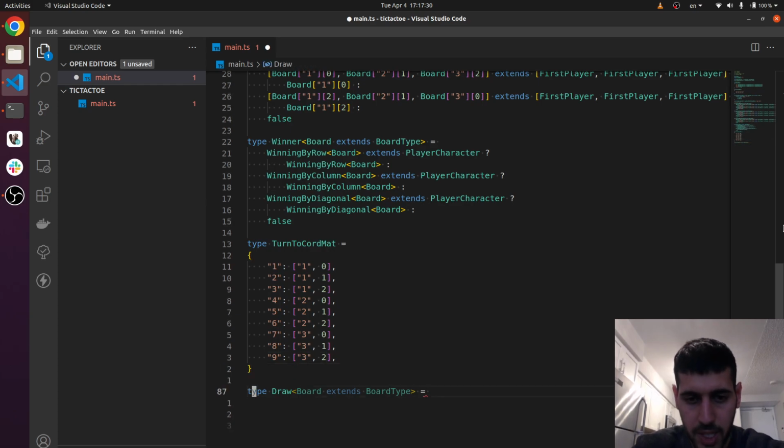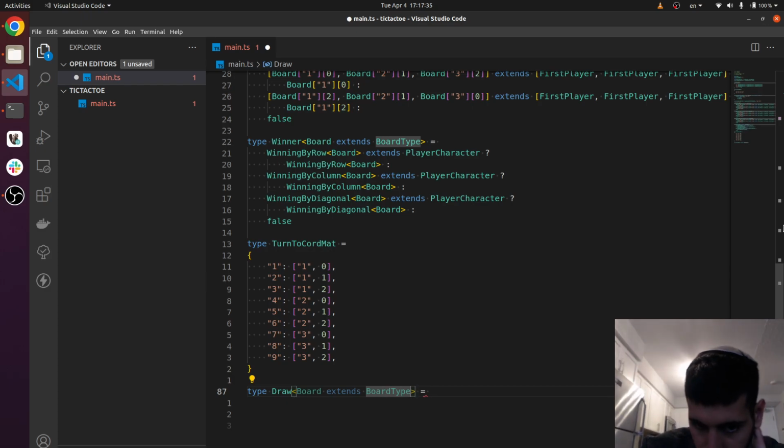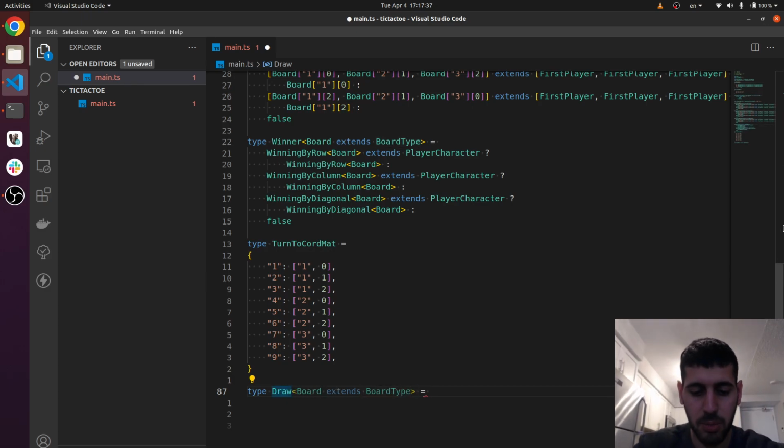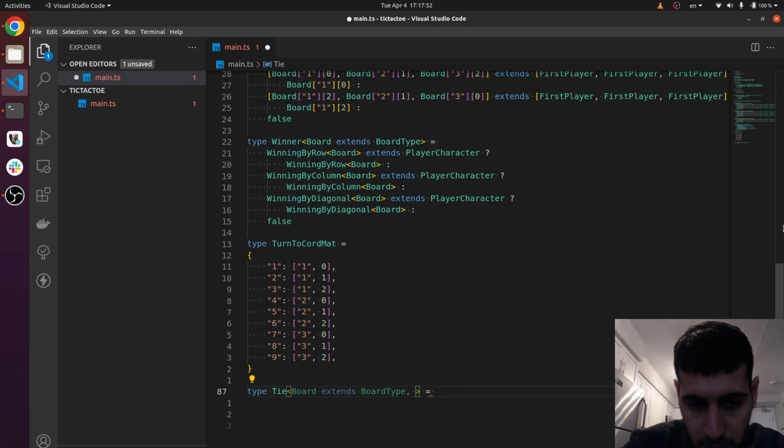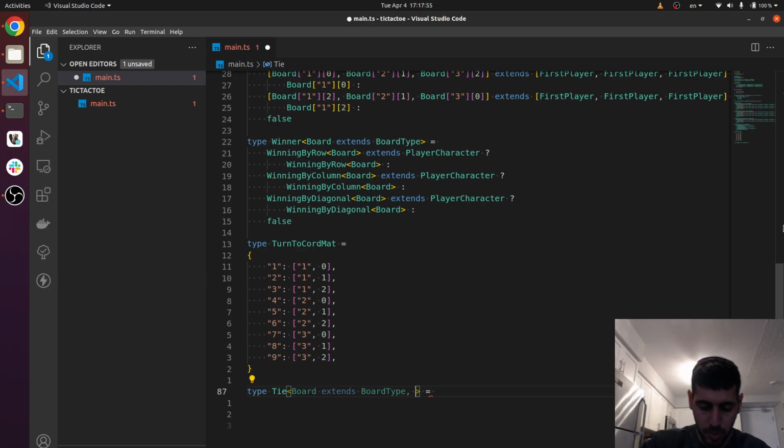Okay. And now I need to go over each whether or not it is a tie. Maybe it's better to write here a tie. Tie. TicTacToe. Let's go. So I need to go through this matrix in order to decide if it has a coordinate or not, if in every one of those coordinates there isn't a blank. So I need to go through it in a not very efficient manner. So I'll just go